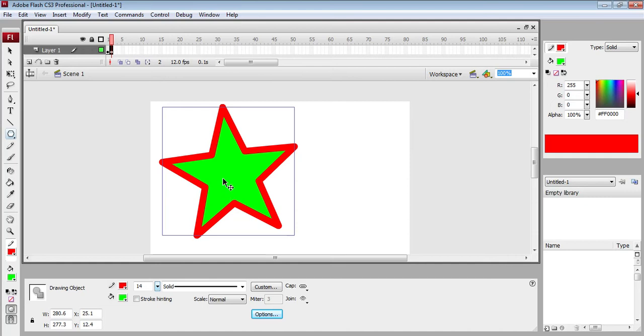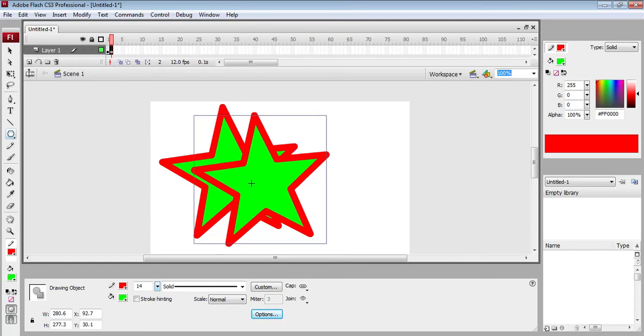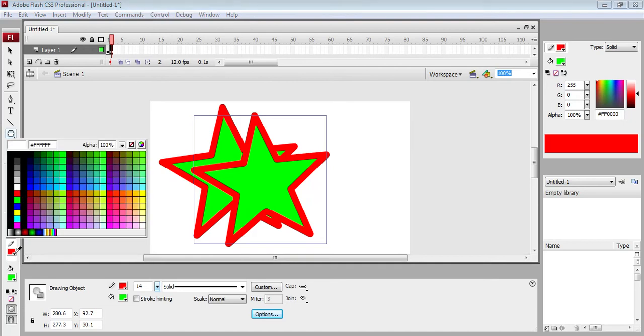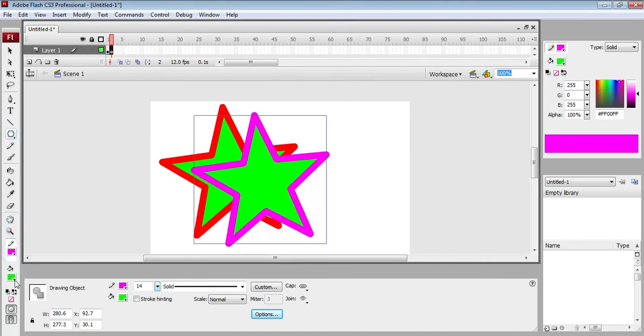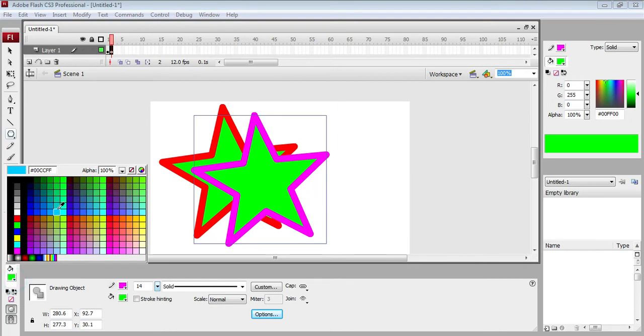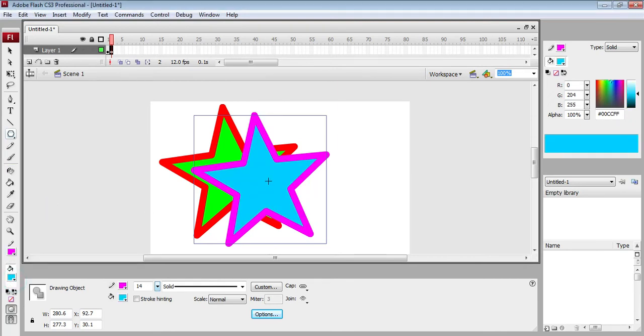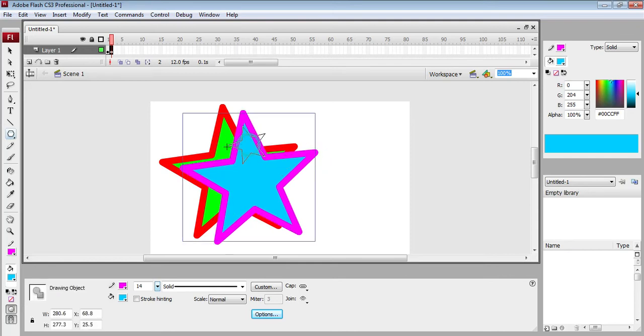To make another copy we can use the Control and Alt keys, and you can see another copy is created. Now we have to change its stroke and fill colors. Anyone you can select. Finish, and after this, now we have to arrange these in the proper place.